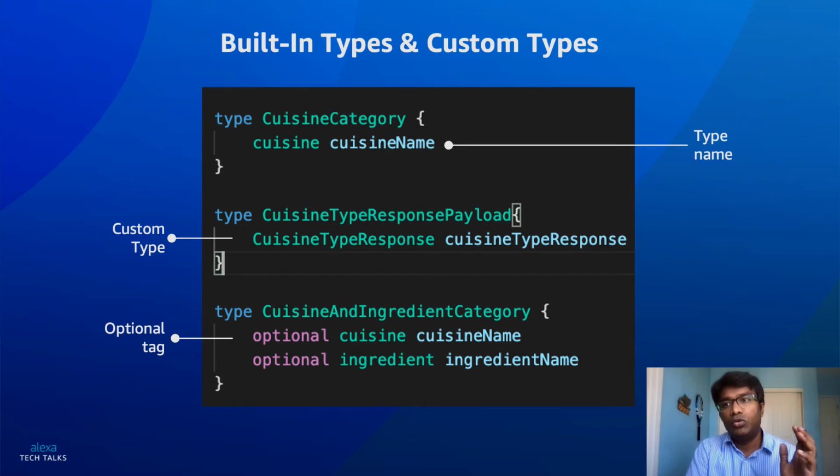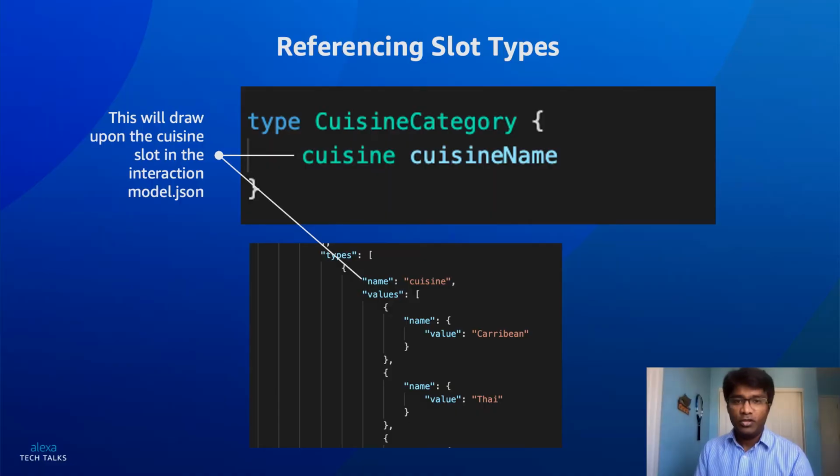And there are ways to do that within ACDL using an ensure block to make it a mandatory check, or you can just leave it as optional, which we'll see in the sample now. This slide shows a visual of the connection between the interaction model, in the en-US.json, for example, where all your intents, your catalog, and your slot values are present, and the type definition, which is actually part of the ACDL file.